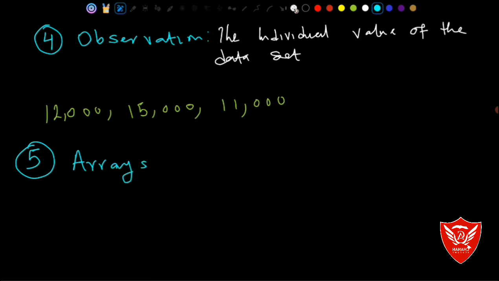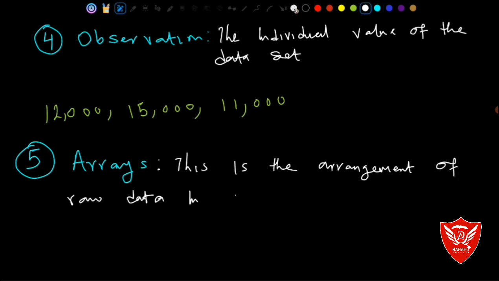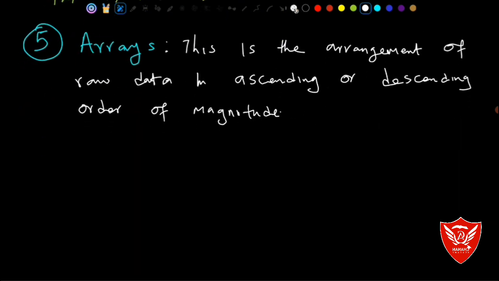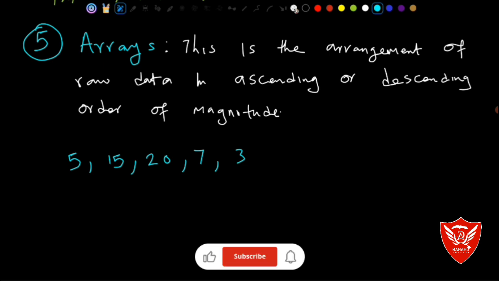This is the arrangement of raw numerical data in an ascending or descending order of magnitude. So array is the arrangement of raw data in ascending or descending order of magnitude. Let's take, for example, if you have carried out your observation and you have data like 5, 15, 20, 7, and 3. Look at this data. Array says that you either arrange this data in ascending order,